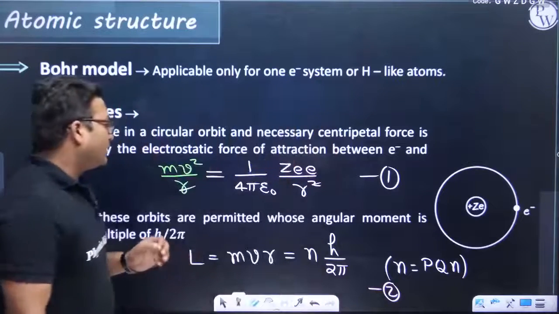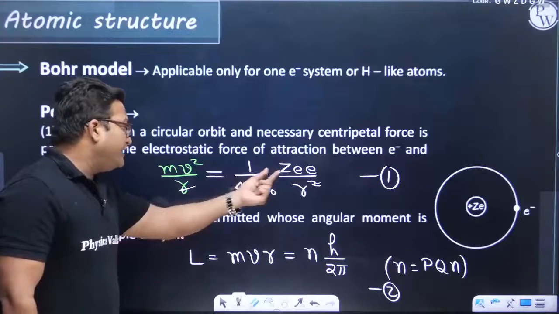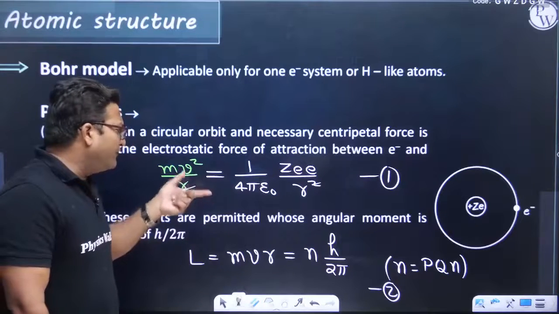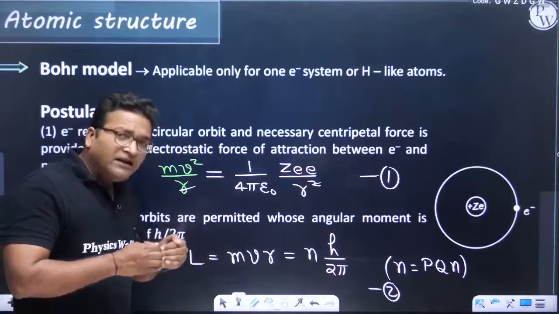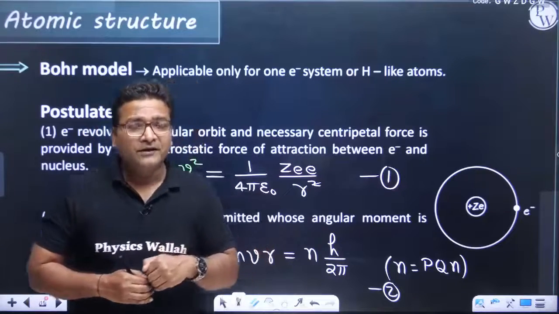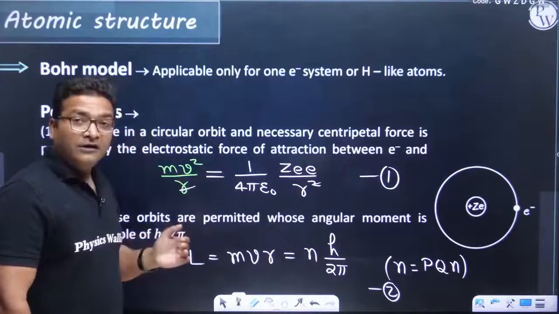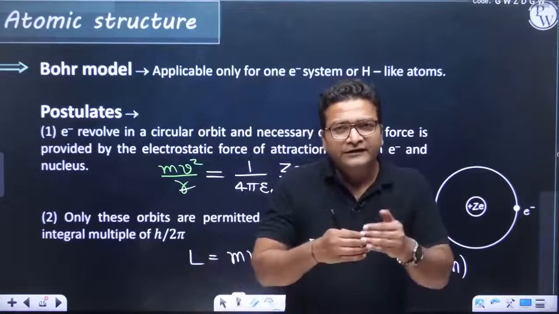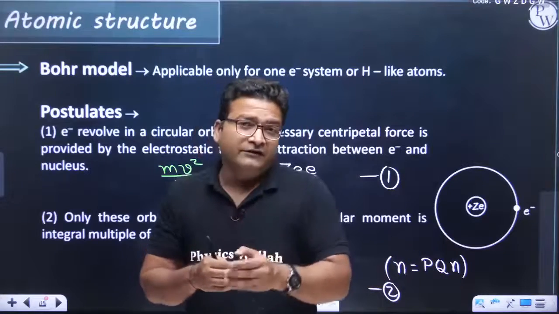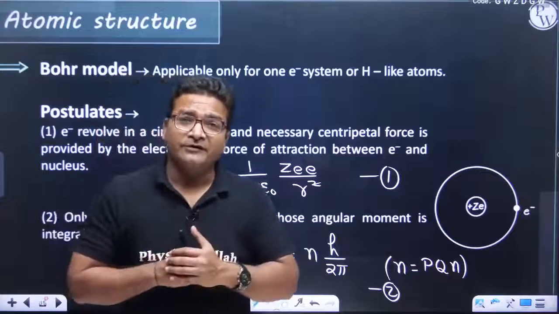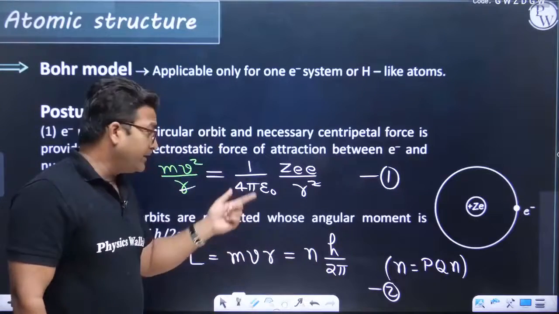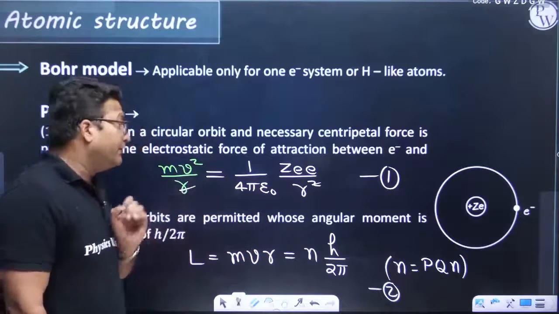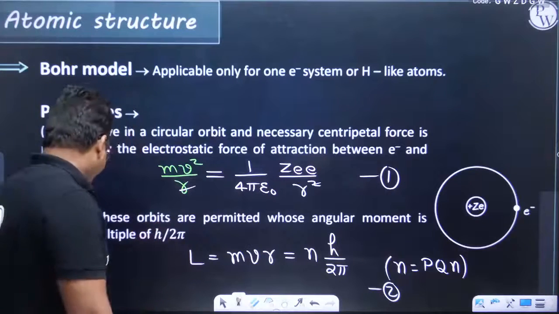And if you see, the only variables here are v and r. See, v and r are the only two variables. If you believe only one equation is correct, every possible value of v will be possible. But as we have two equations in v and r, not all values of v, not all values of radii are possible. Only certain radii would be possible. Only certain velocities on those radii will be possible. So if we solve these two equations, we get certain results. Let us see them and try to remember them.